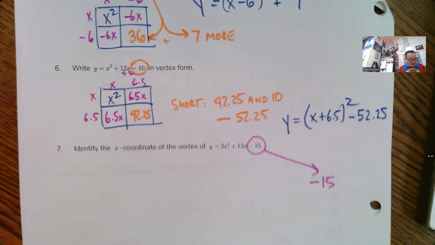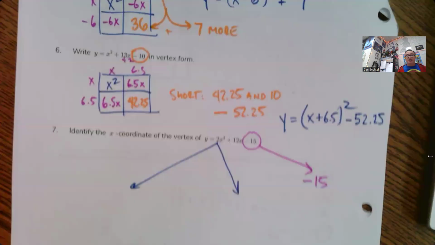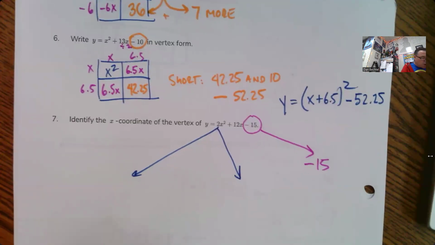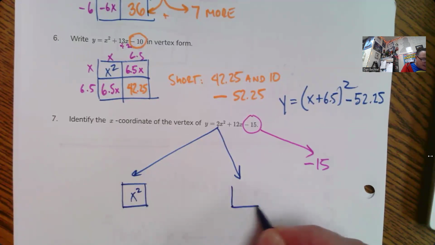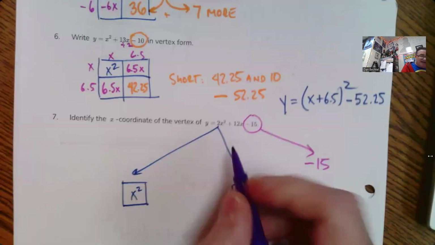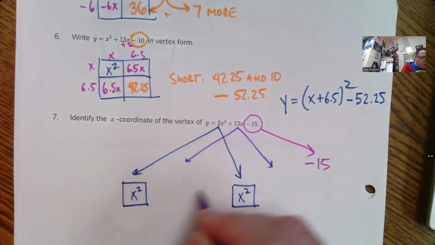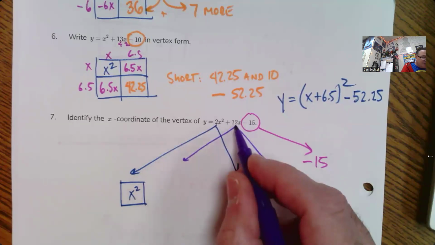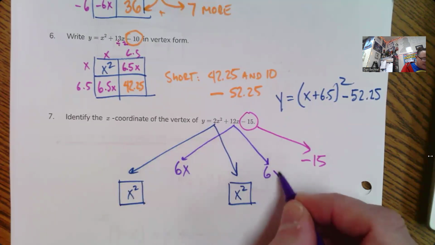Because I have 2x squareds, that 2 tells me that I'm going to be making 2 different diagrams, one with each of the x squareds, because essentially what you're doing is building a single x squared for each of these. Great. Now, however many of them I have is the way that I have to divide this up to figure it out. So because I divided this into 2 groups, or whatever number's in front there, I'm going to split this into 2 groups. So I've got 6x to divide for this one, and I've got 6x to divide for